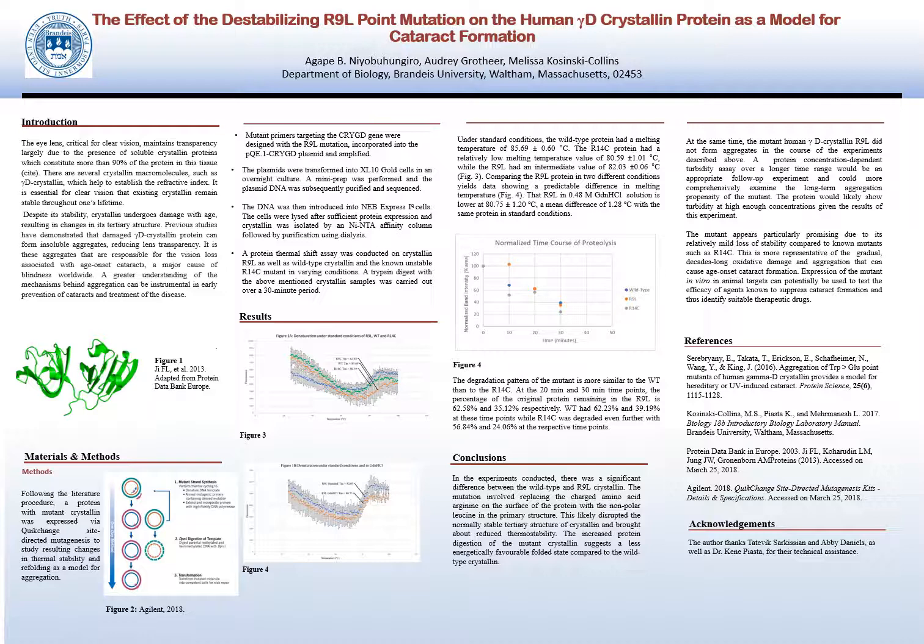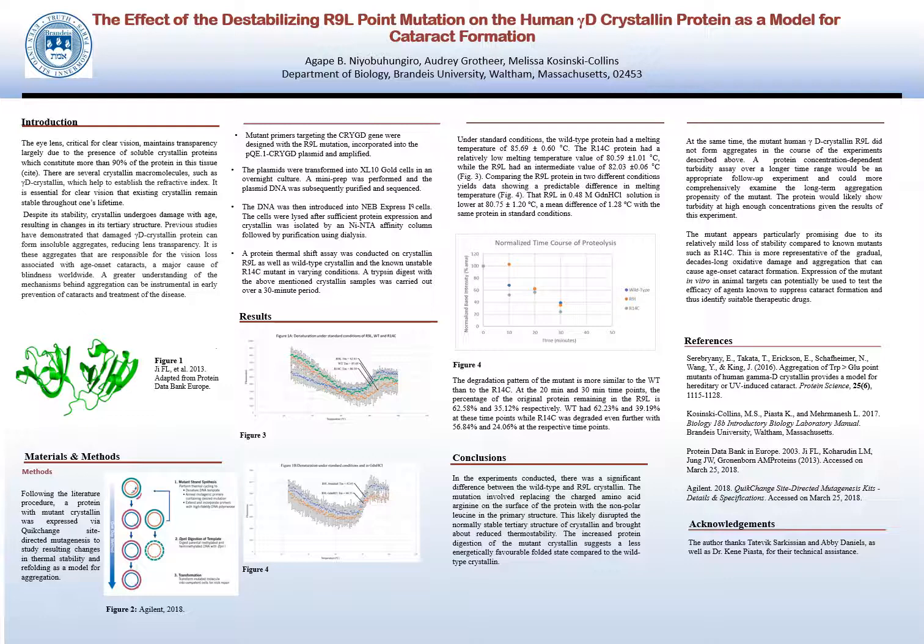The results of this experiment suggest that changing the arginine, which is charged, for a non-polar leucine had a significant impact on the stability of the protein, which is why at the higher temperatures there was more rapid thermal denaturation, leading to a lower melting point in the R9L mutant when compared to the wild type. It's also possible that the energetic favorability of the R9L mutant is less than the wild type. Hence,